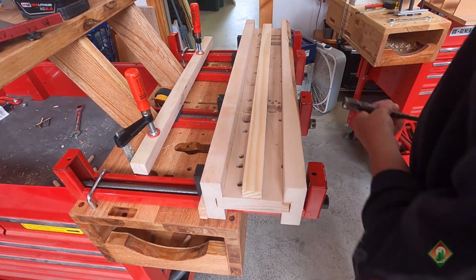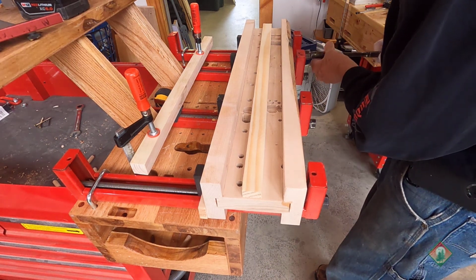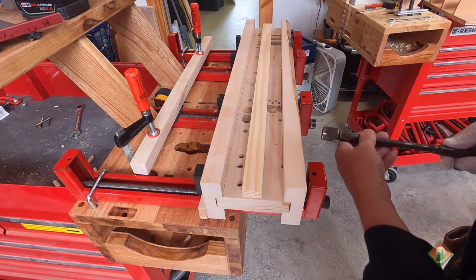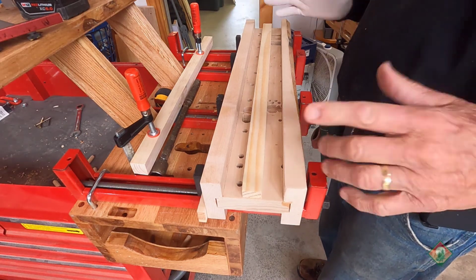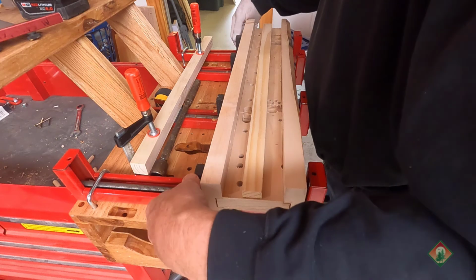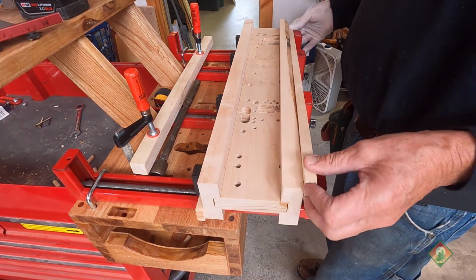But that said, one of the downsides, and they may have even corrected this because these are older clamps, these are the red ones. The newer ones are black, and I think they're powder coated, so they may be different. But the red does tend to leave a mark because you're pushing so much pressure on it, and it's so tight. So what I'm going to do is put a strip of wood in there,